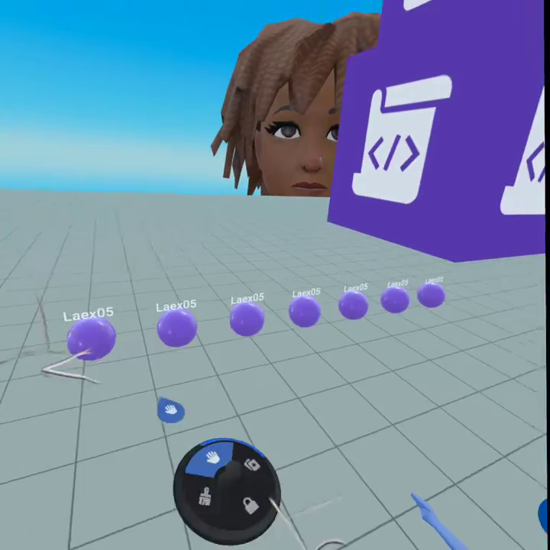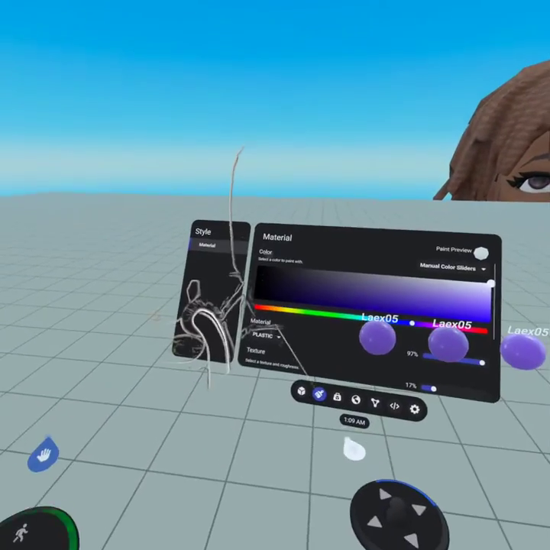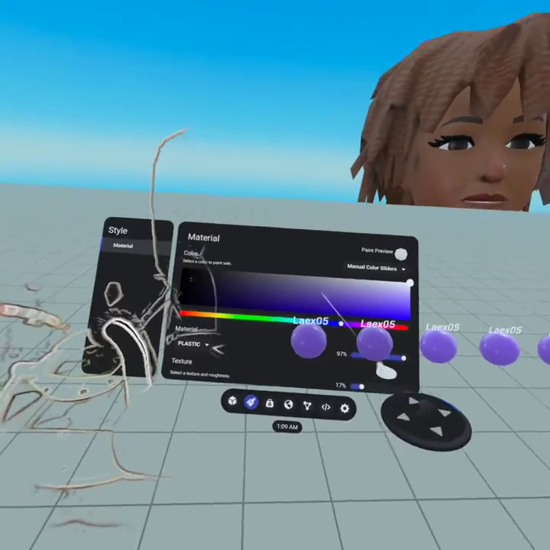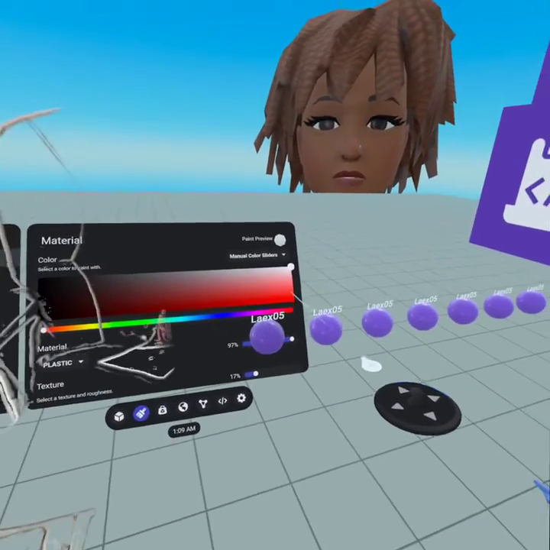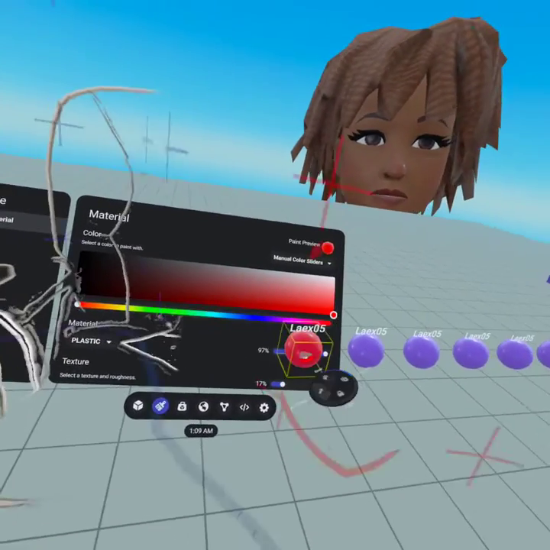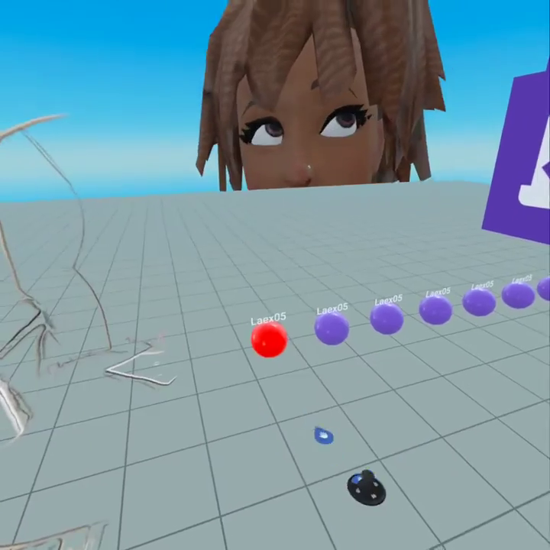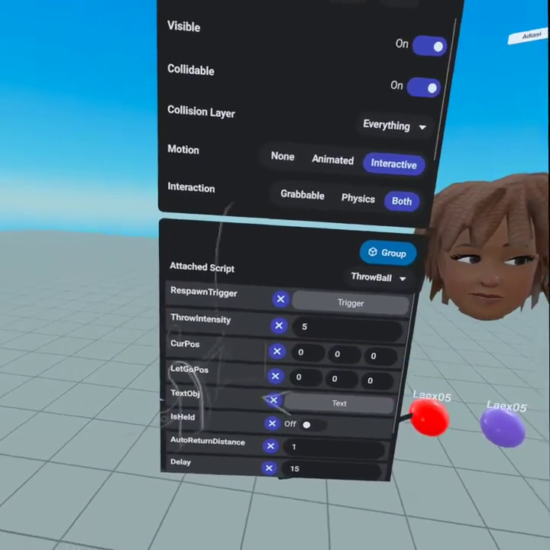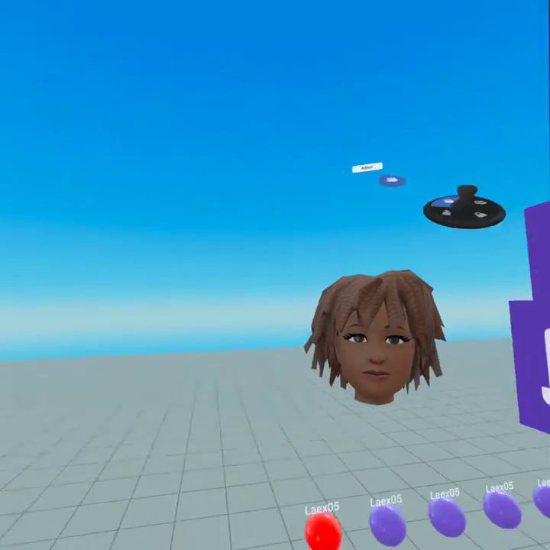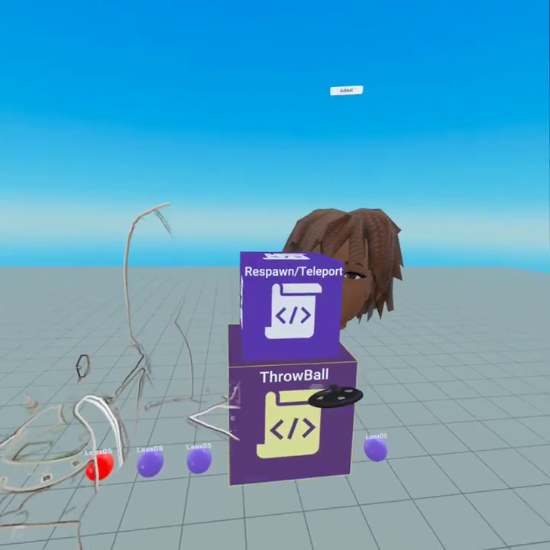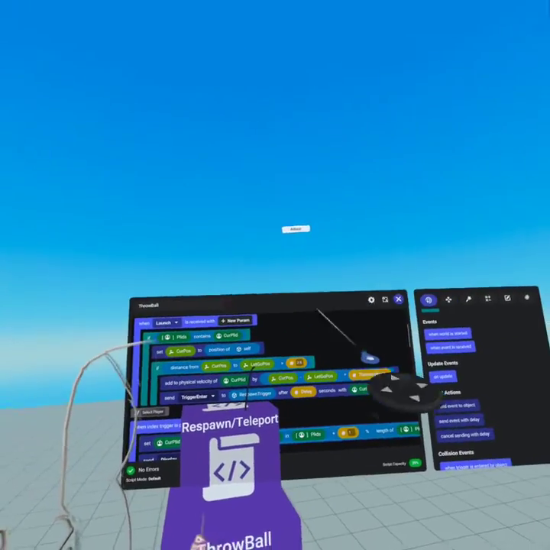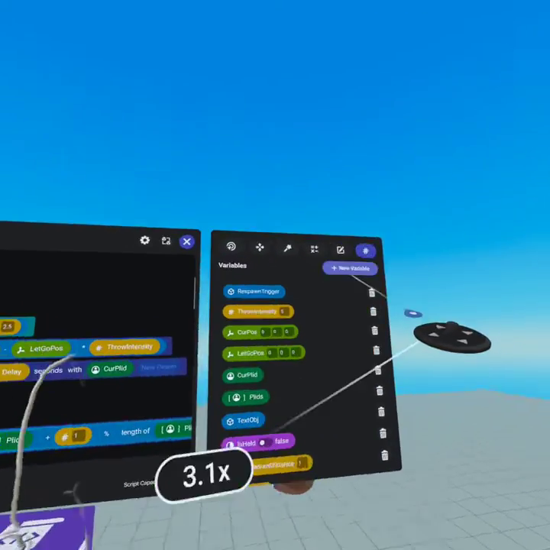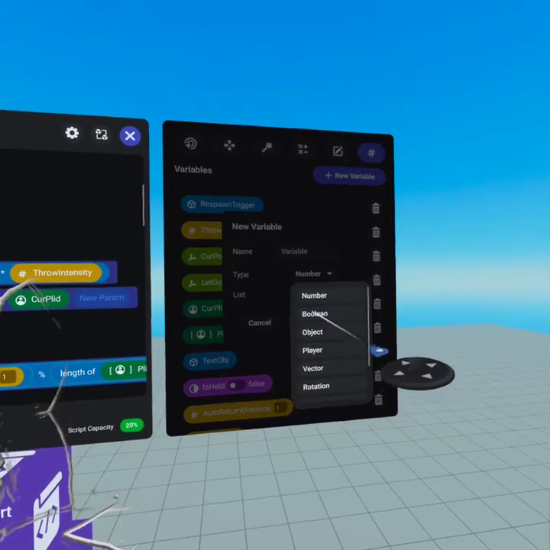Okay, so there's your balls. I'll show you really quickly how to make the red one. So if you need red balls, blue balls, green balls, orange balls, all the balls, we got them here. So go ahead and make them whatever color you like. So here's our red ball. And like I said, you just go ahead and click the X button to unhook the trigger, and that's the one. And then if you really wanted it to be a VIP ball, because we're at it, why the heck not? We're just going to quickly add a VIP Boolean. So we grab Boolean and we say